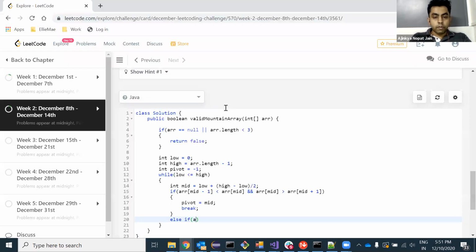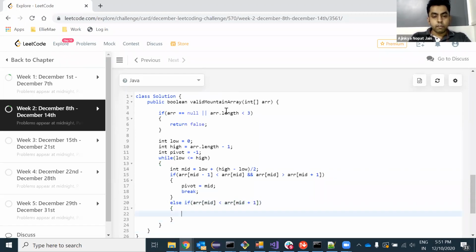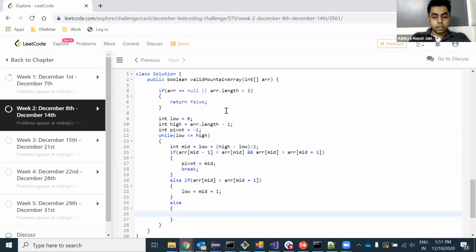So we'll have to write: if arr of mid is less than arr of mid plus 1, low equal to mid plus 1. Similarly, else high will be equal to mid minus 1. This means that the pivot element is on the left hand side of mid.